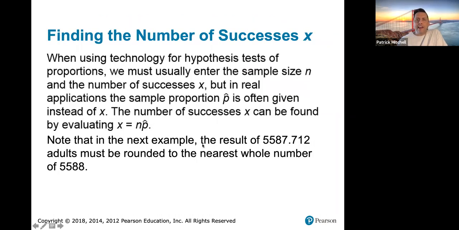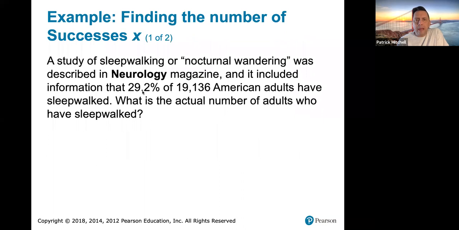All right, when using technology for hypothesis tests of proportions, we usually enter the sample size n and the number of successes x, but in real applications, the sample proportion is often given instead of x. All right, so an example of that. In the technology I'm using, I don't enter any of that. I have to actually calculate the z-score. So we may not use this, but